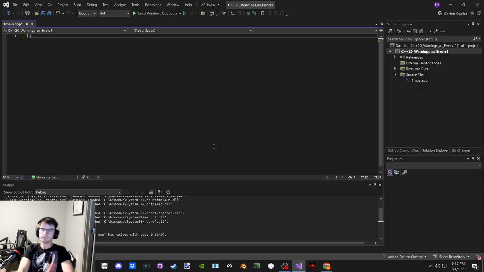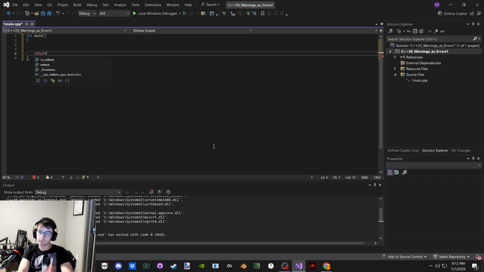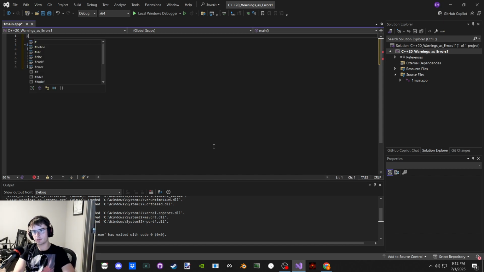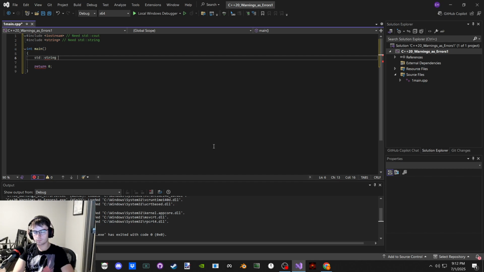For example, let's just say we have a standard string, and then we have a standard string pointer, enemy target.